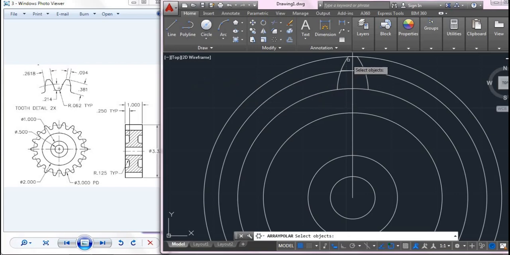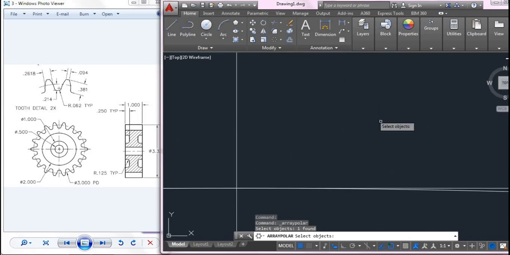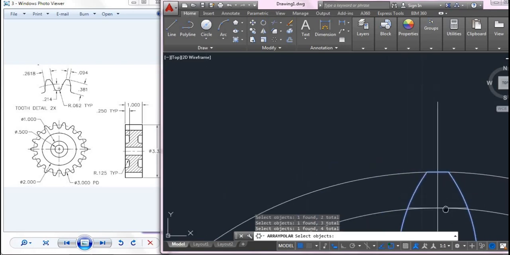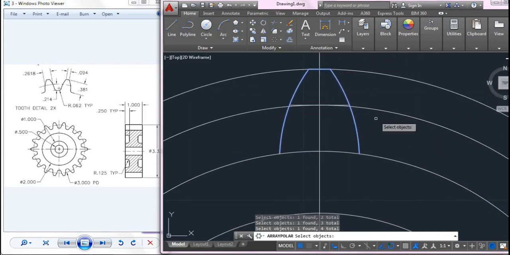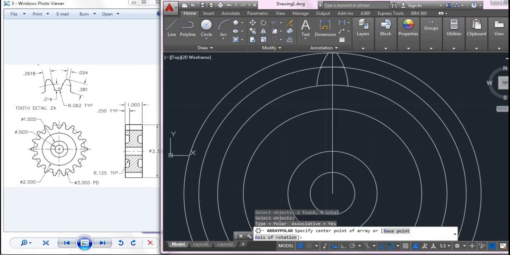Then I'll be selecting my object, that is this line, and I'll select my lines, these lines, this, and then this. So this profile should get arrayed. I'll give OK. Now it is asking for a center point, that is through which reference point you should go for the array.